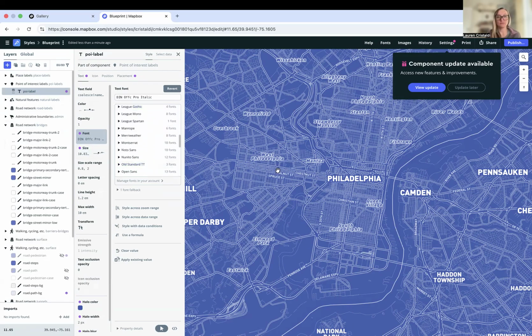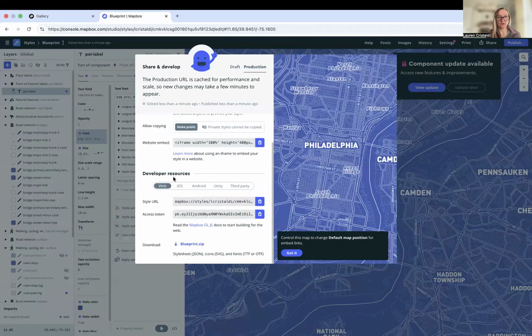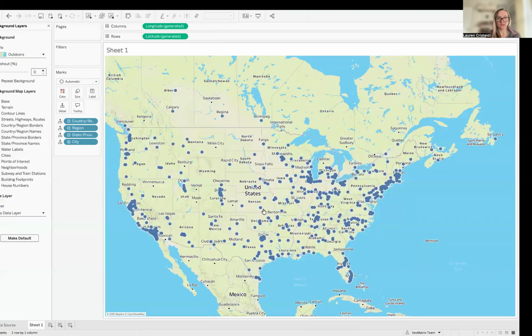And just to preview this one from the gallery without those changes that we may want to make, if you go up to share and then under developer resources, you go to third party, and then we're going to copy this integration URL. Copied. We'll go back to Tableau,